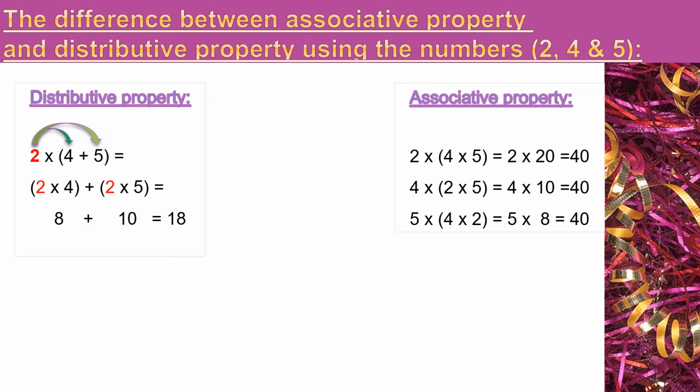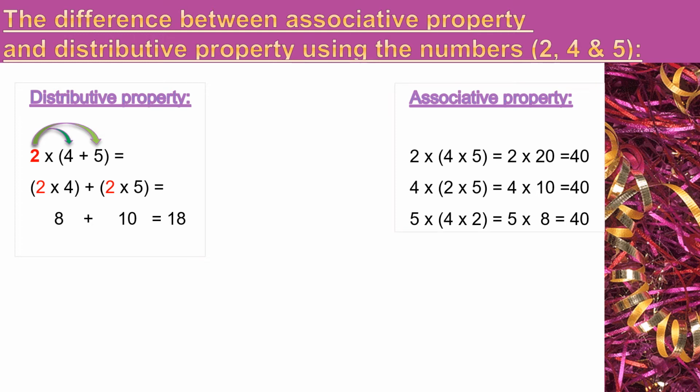Let's give it another order. I will take 2 and 5 between two brackets: 4 times 2 times 5. 2 times 5 is 10, times 4 is 40. Okay? In the third way, I will take 4 and 2 between two brackets and move 5 out. So 4 times 2 equals 8, 8 times 5, 40. Here the result changed because in distributive property I used two signs, but in associative property I used one